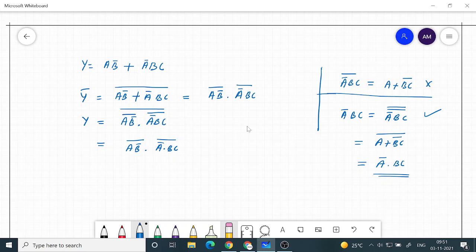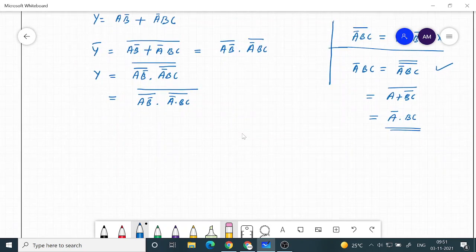Then I applied De Morgan's theorem to the inner bar, so it became a plus bc bar. Then applying De Morgan's theorem again to the outer bar makes it a bar dot bc. So I substituted a bar dot bc under the bar. Now I can directly go and implement this.